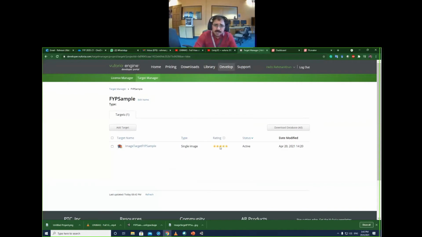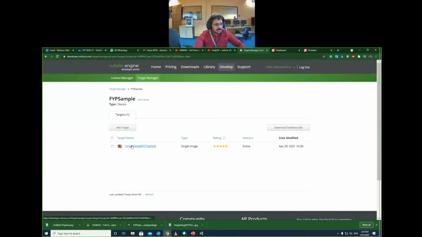It will not look like this in your case when you add at the beginning. Here it will show a processing type of message, and there will be no rating stars. After a while, maybe one or two seconds, you will refresh again. When you refresh the page, then you will get this rating.